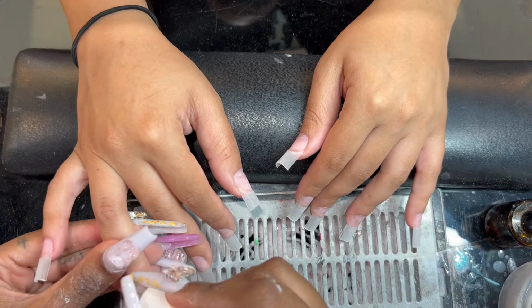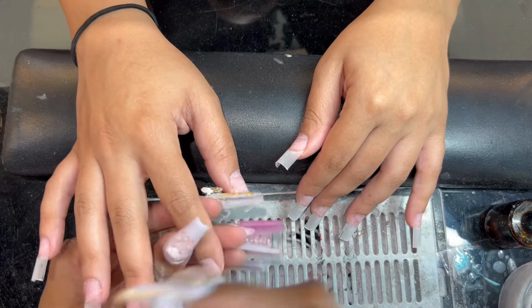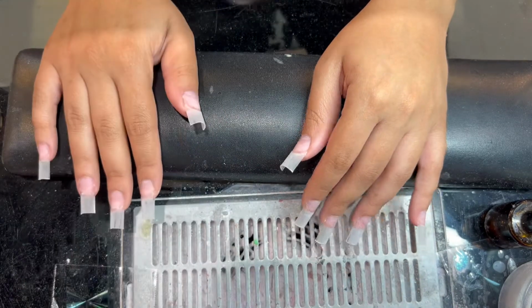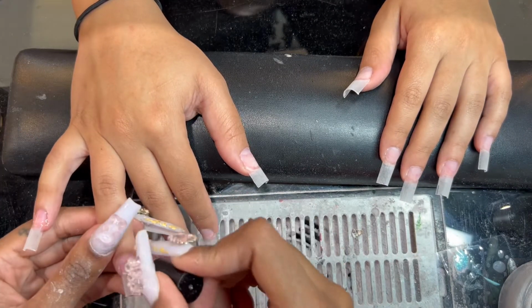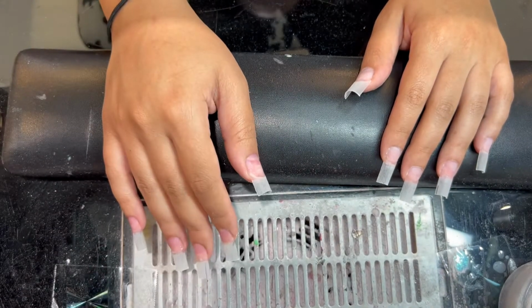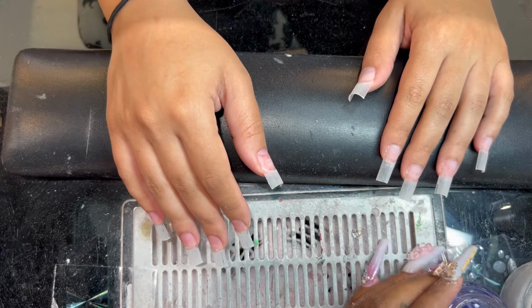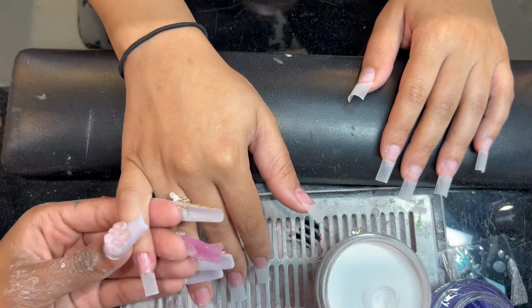So I had already prepped the nails off camera. I'm just putting pH bond and protein bond on the natural nails. So this set is going to be a clear full set to start off with, and I'm using the Young Nails fast drying acrylic powder,